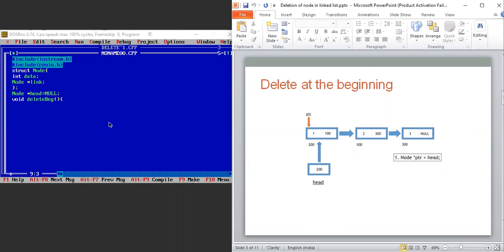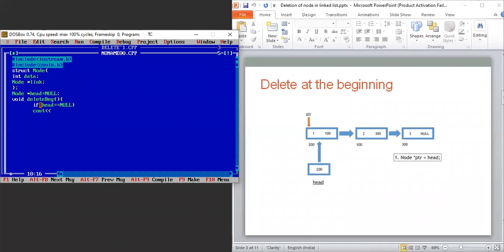Coming back to the code, you can see here. First of all, we check whether my linked list is empty or not. So I write: if head equal to null. If head is null, that means my list is empty, so it will print the message cout list is empty.